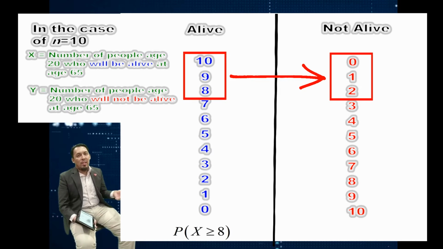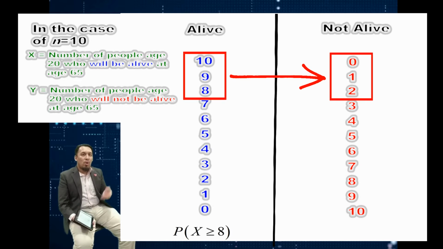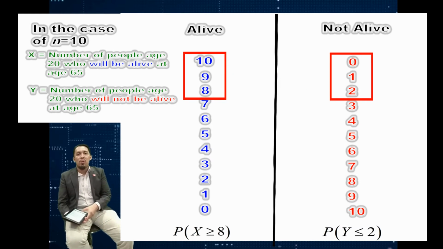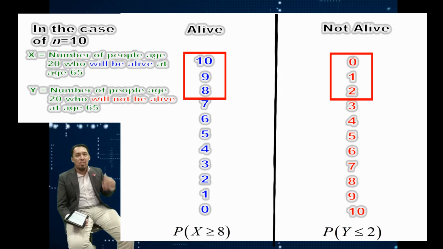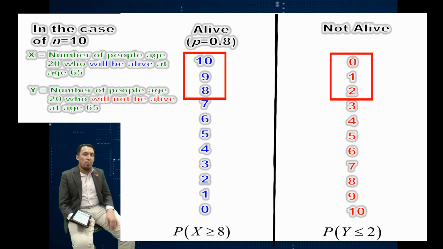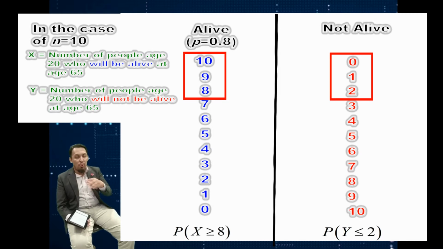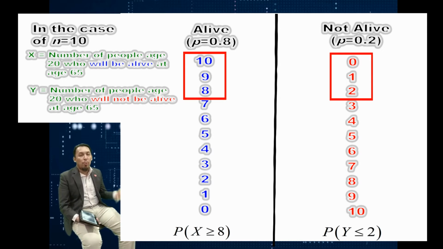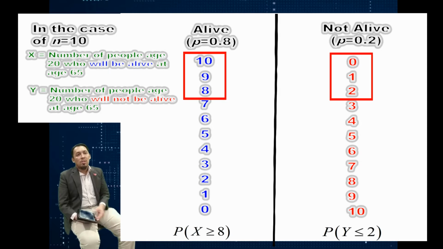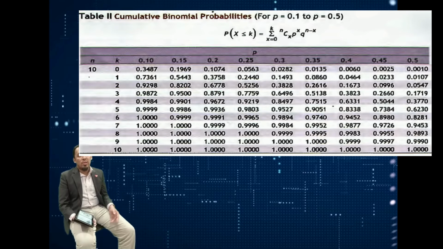Instead of looking at at least 8 alive, we look for less than or equal to 2 not alive. So now instead of using p of 0.8 and x more than or equal to 8, we look at less than or equal to 2, for p of 0.2. So just substitute it and you should get